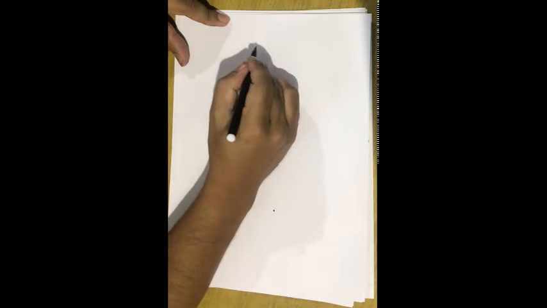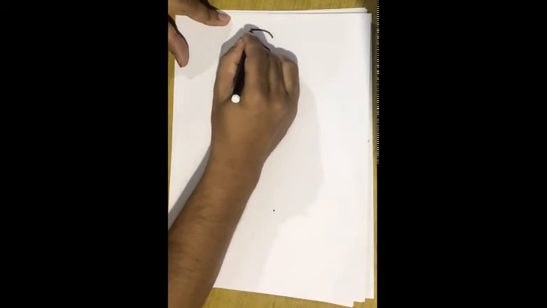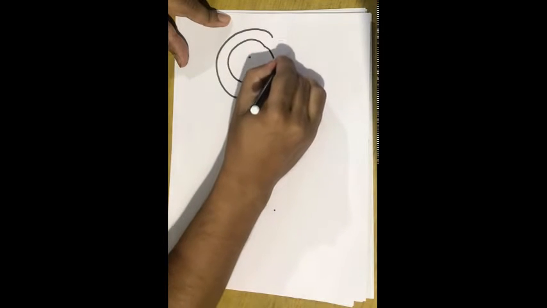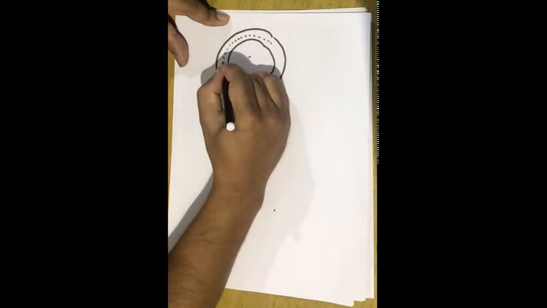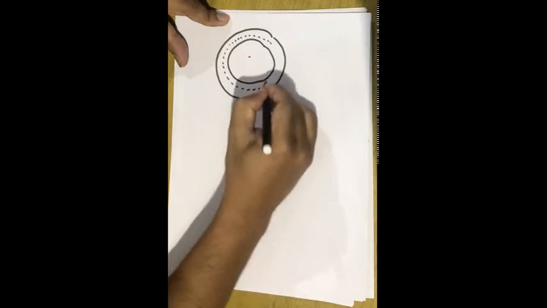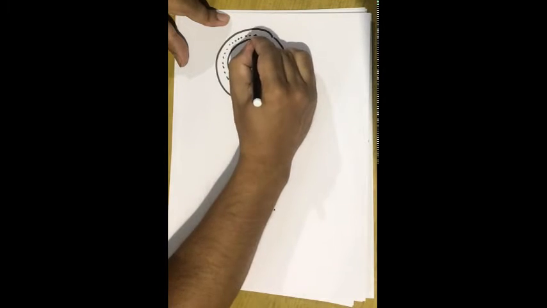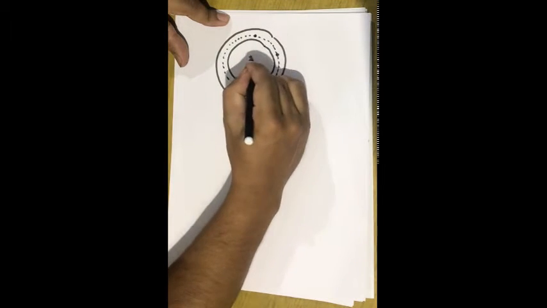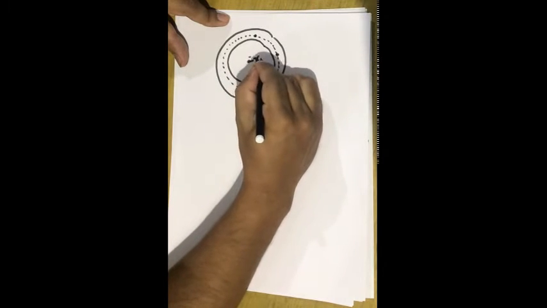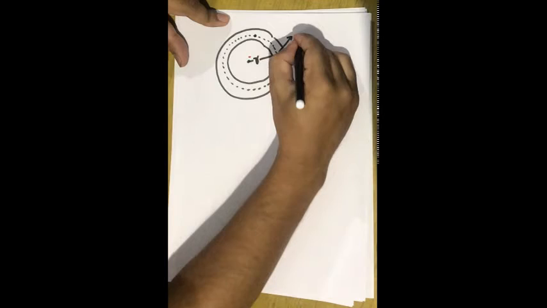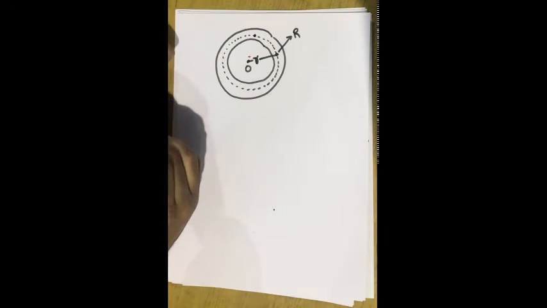So say this is the toroid. Okay, and this is the central axis of the toroid, axial direction basically, and we are going to determine the magnetic field at the point say R, right? At the point say capital R, which is at a distance small r from the center of the toroid. Okay, so this is the arrangement basically.